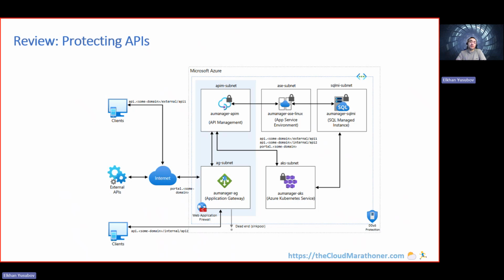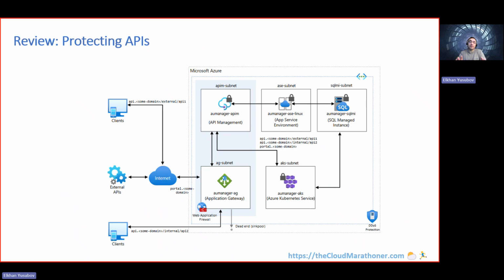So in this specific architecture, what we are seeing is that we have protected APIs that are using application gateway and API management to protect the information. As you see, any access that's trying to get the information from APIs goes to the application gateway that manages the flow. In addition to that, you have API endpoints that are specified in a specific format, as well as an application service environment and AKS subnet where information is processed for the applications.